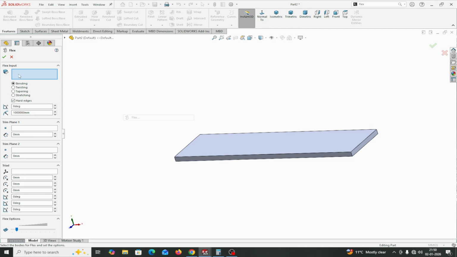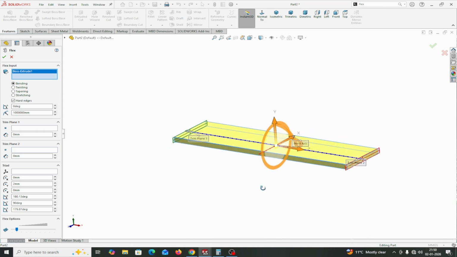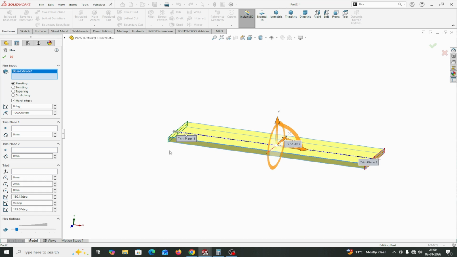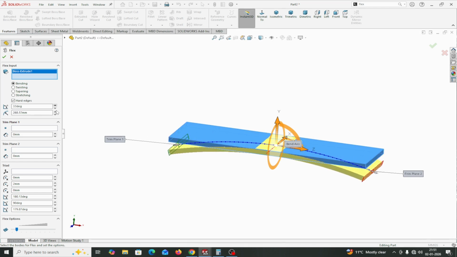In this box, you can select the body which is to be flexed. Now this view appears. You will see one green plane and one red plane. These planes are known as the trim planes, trim plane 1 and trim plane 2. If I select the bending option and give an angle, suppose 12,